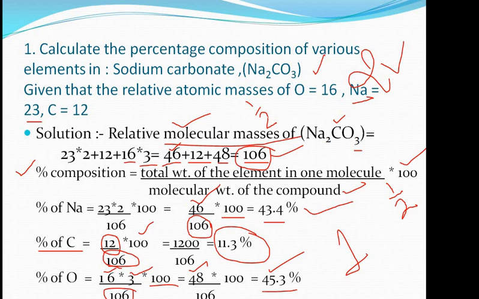Like if suppose you did not calculate the relative molecular mass, then this half mark will not be provided to you, that will be cut. And if you did not write the formula of the percentage composition, then this half will be deducted. And yes, if you calculate these percentage values and they are exactly the right values, then surely you will get the 1 mark. So in this numerical of 2 marks, you only get 1 mark if you did not write the formula as well as did not calculate the relative molecular mass of the compound.